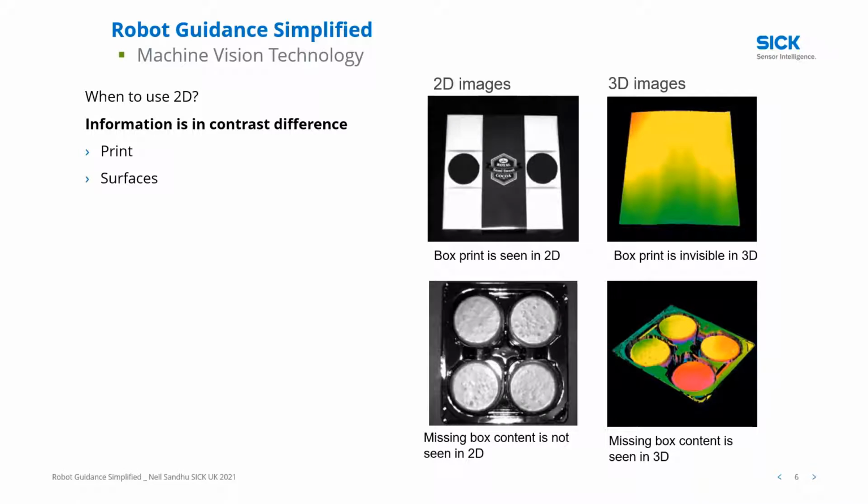Now, a little bit about the differences between 2D and 3D machine vision. As you can see here from the example, we've got the same object, in this case a food box containing some food products, and we have some images obtained using a 2D system and a 3D system. And just to refresh everybody's memory, the differences of where 2D machine vision, 3D machine vision can be used are